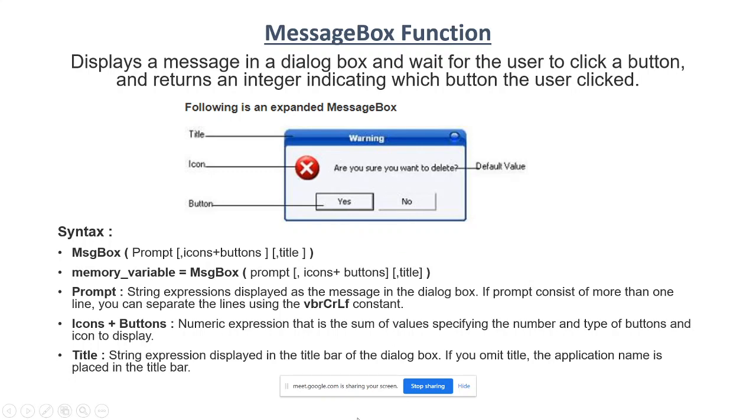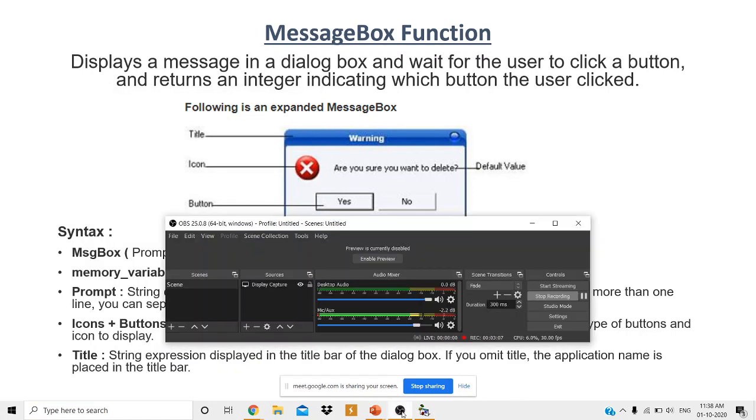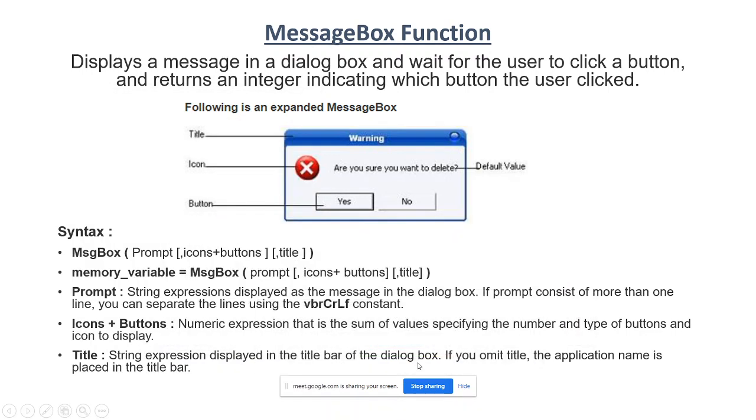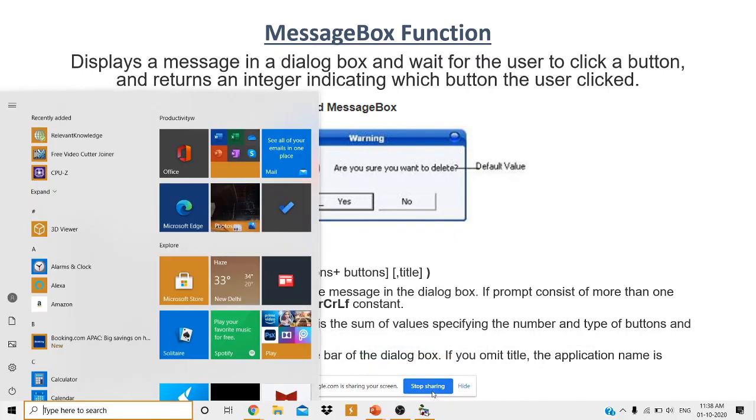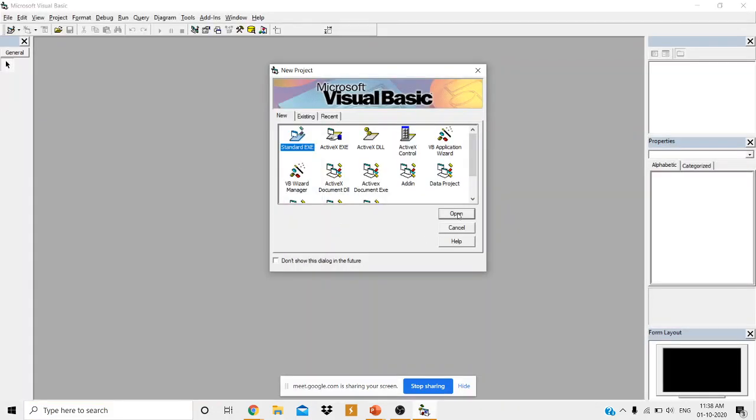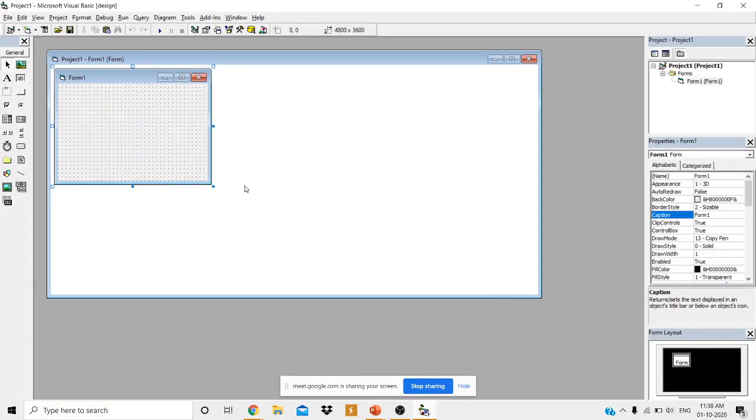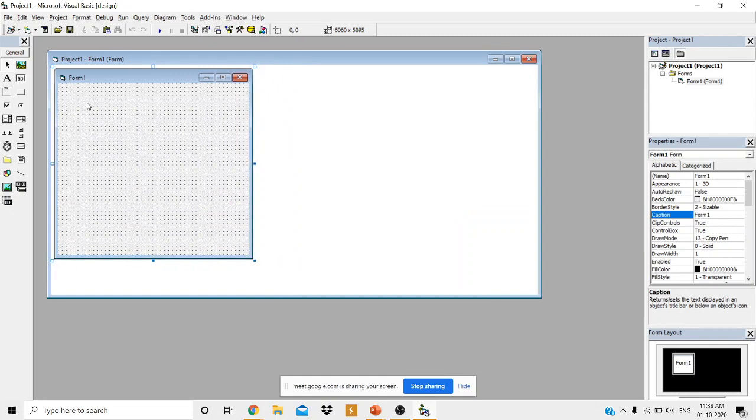Now I will show you how the message box appears by default when you run the application. Just select the standard EXE project, and I will take two text boxes. I will consider the example of subtraction of two numbers.